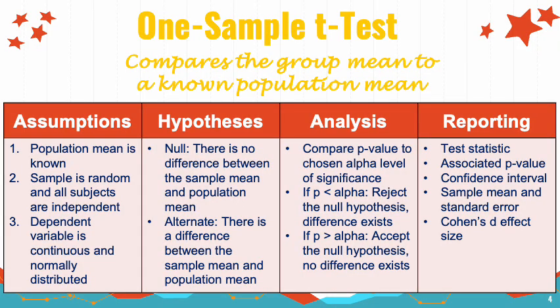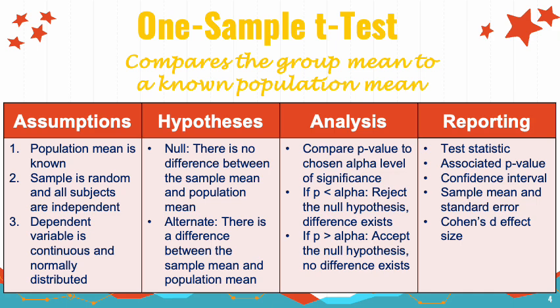The one sample t-test is the simplest of the t-tests and compares the sample mean score of a chosen dependent variable to a known value, which is usually a known population mean. So this test would be used in a situation where you know the population mean. Say we are looking at the average age of registered nurses, and we know the average age for the United States. And we want to compare the average age of nurses in our sample to the average age of nurses